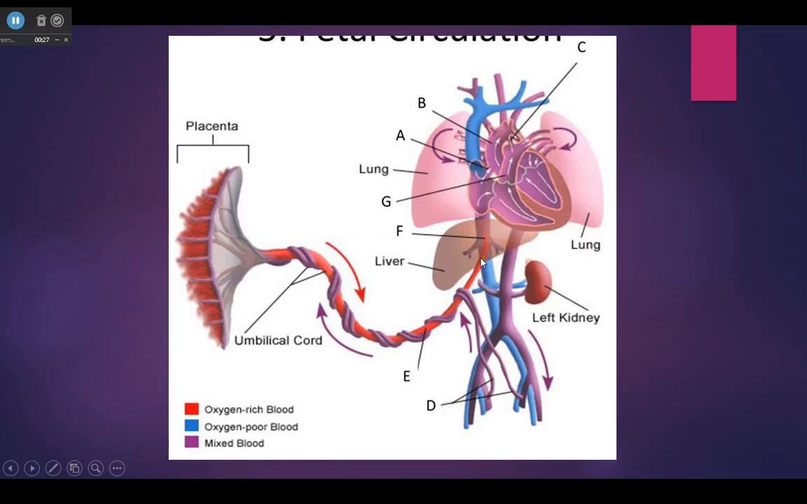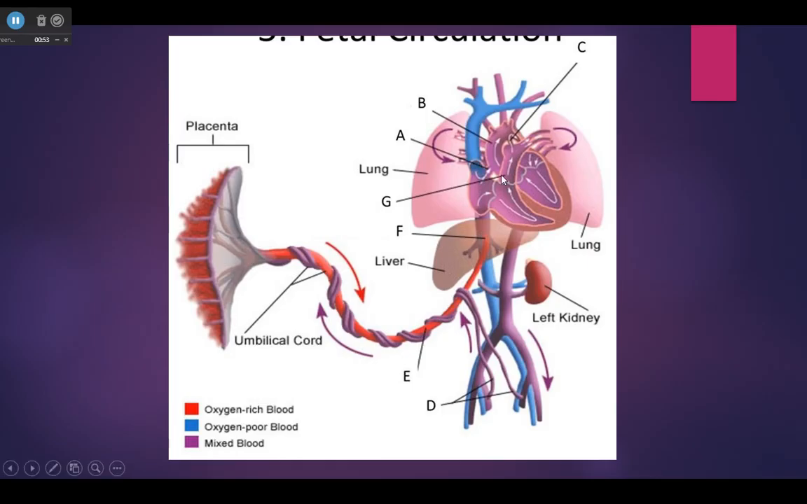Once it comes in, it's going to branch into the ductus venosus to be a liver bypass. And again, some will actually go to the liver. They did not do a very good job at coloring this side of it, but your book picture is a little bit better. So our other things that we notice within the fetal circulation that's a little bit different